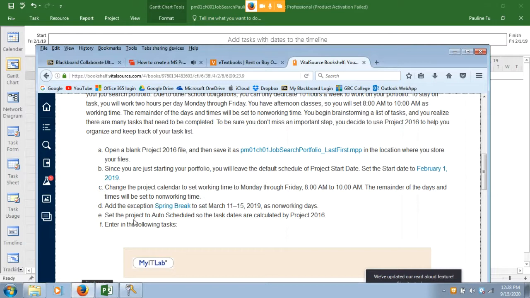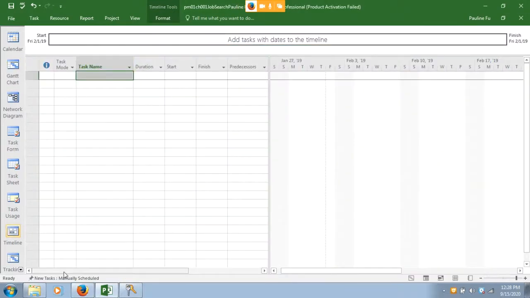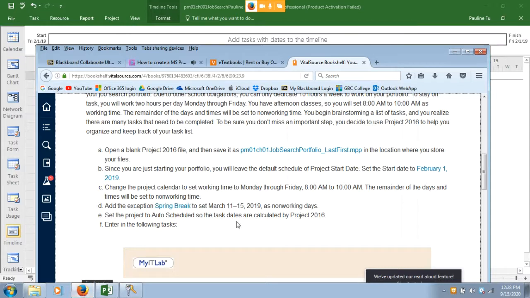Step E. Set the project to auto-scheduled so that task dates are calculated by Project 2016. Okay. So step E. Auto-scheduled. On the bottom left corner, you see New Task Manually Scheduled. You click this one and select Auto-scheduled on bottom left corner. Okay, Auto-scheduled. So I completed auto-scheduled. Now step F,